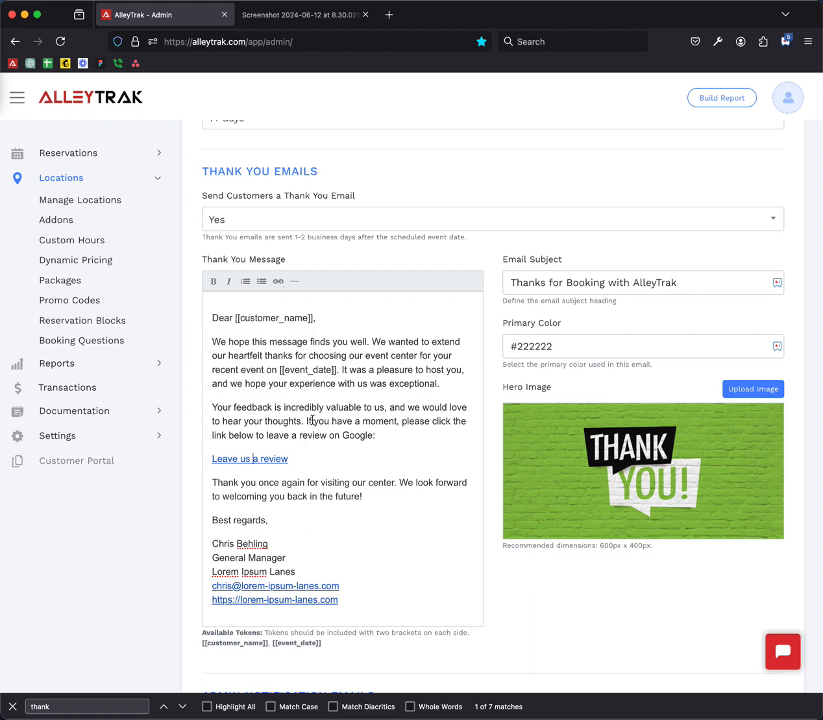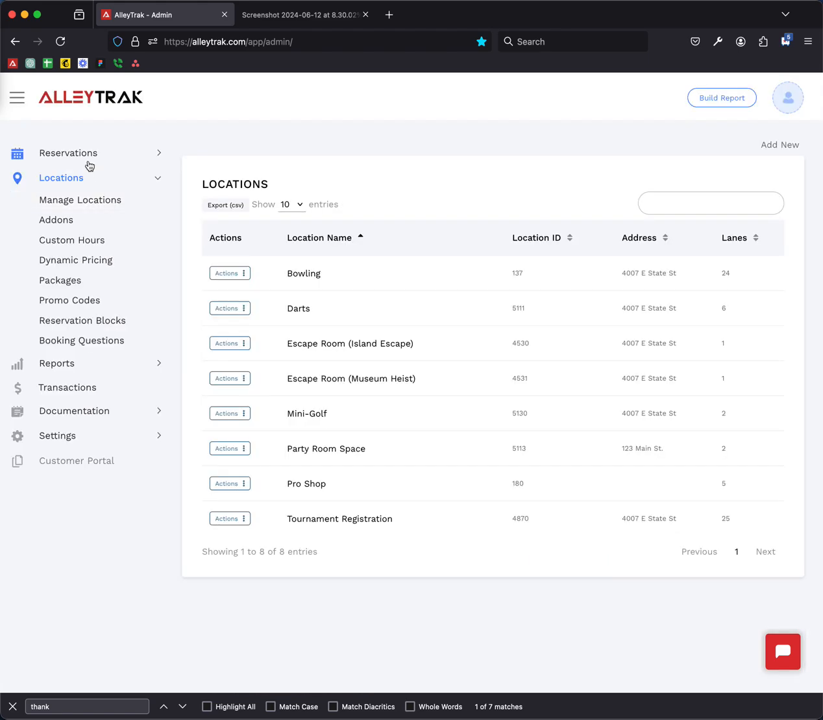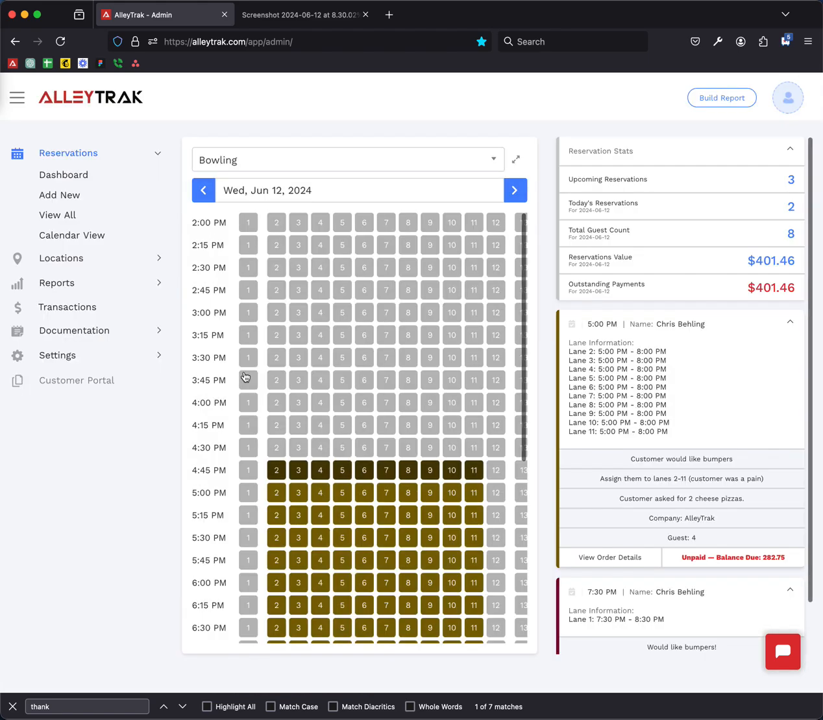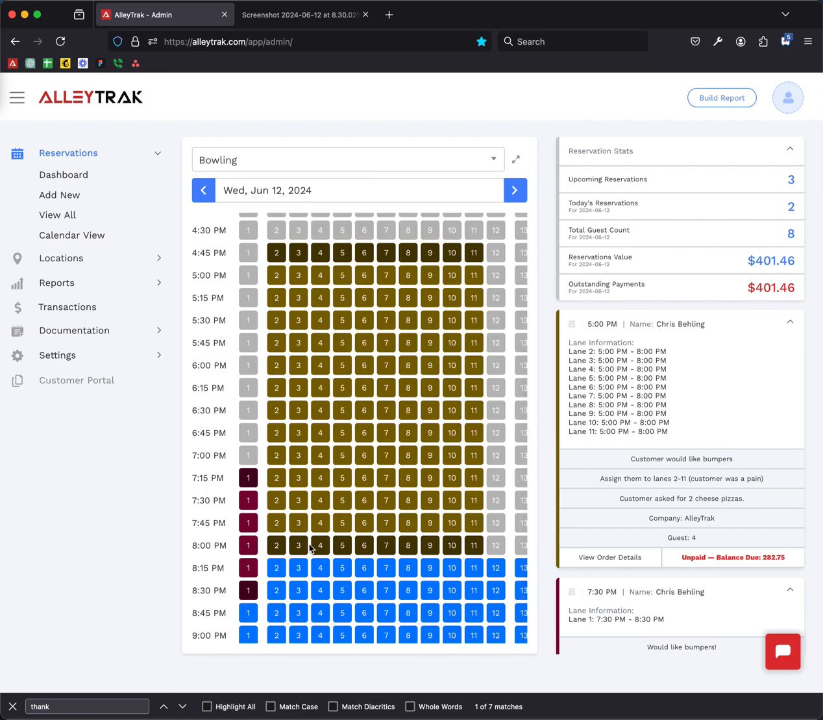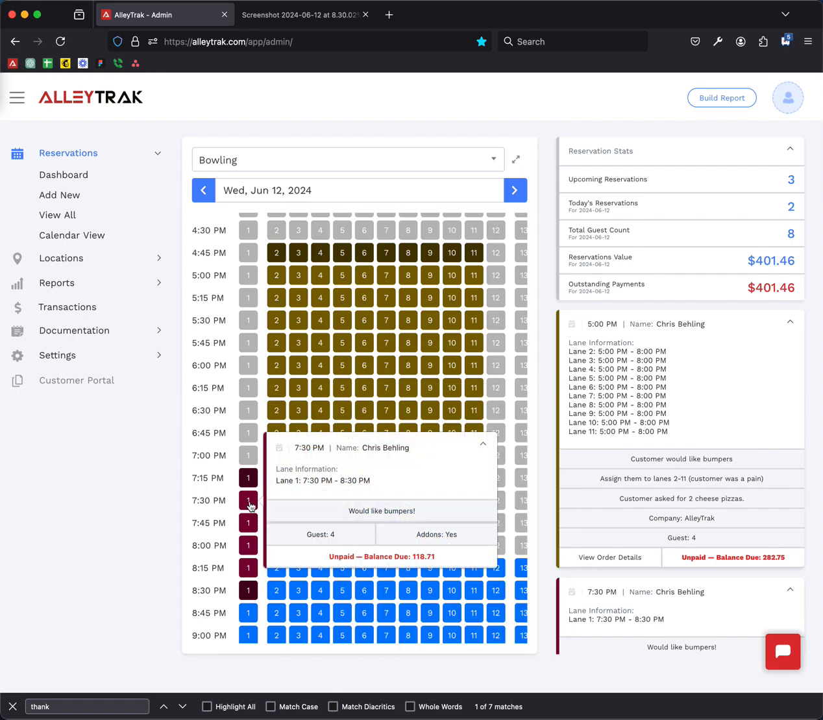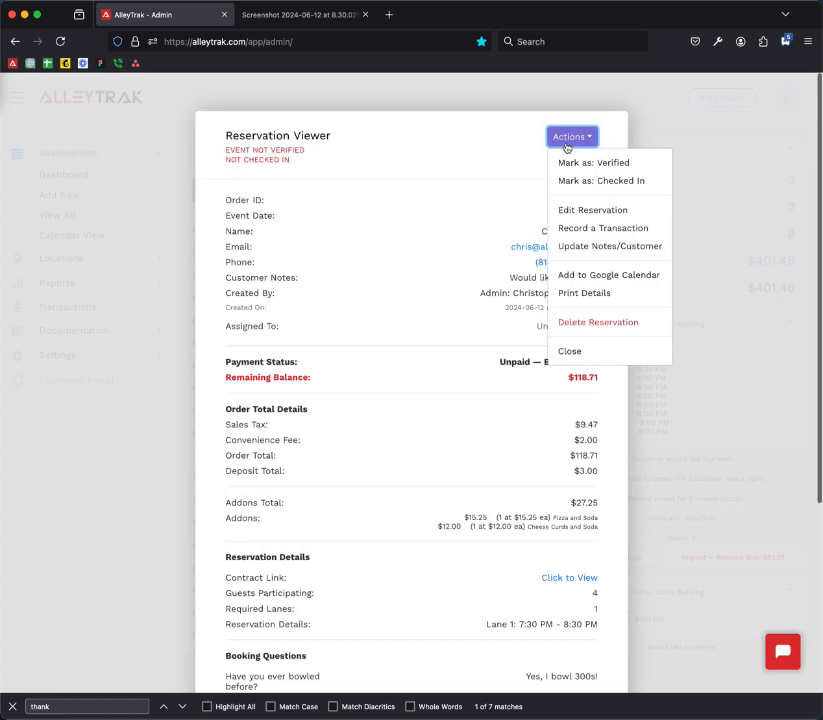Now, the thank you email is configured to send between 1 to 2 days out from the date that the event was scheduled for. And then we also require that the event itself has to have been marked checked in. And if you're not using the checked in status for reservations currently, you can do this throughout the day as you're checking in reservations. We can click on the event, and then going into actions, we can mark the event